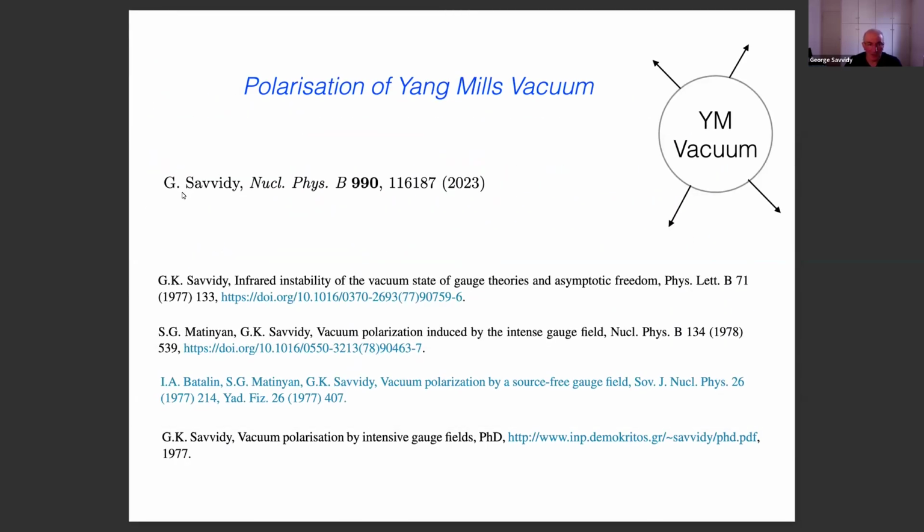So, as you mentioned, this is the last publication which was devoted to this question of the stability of Yang-Mills theory. This in '23 was published, and here you see this old publication which was in '77, including my PhD